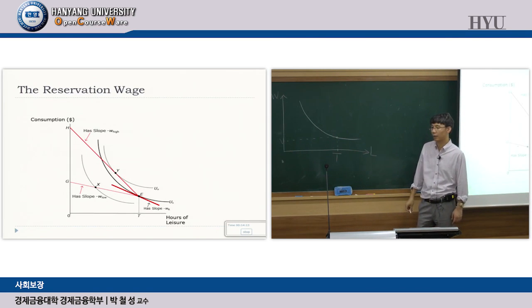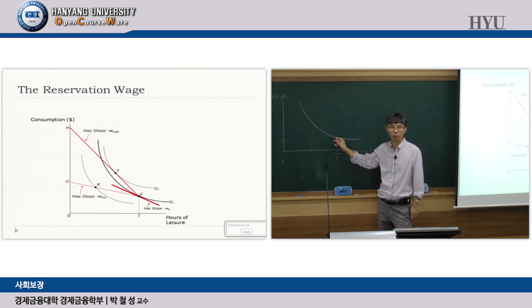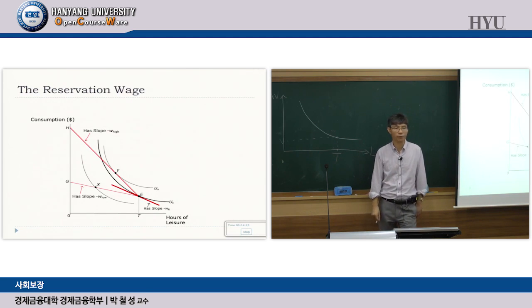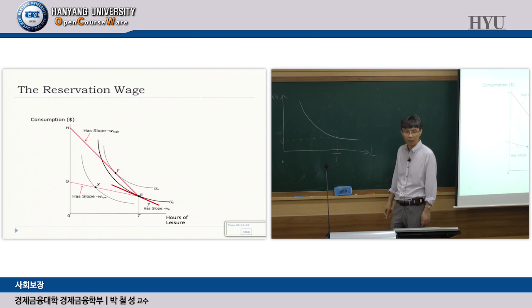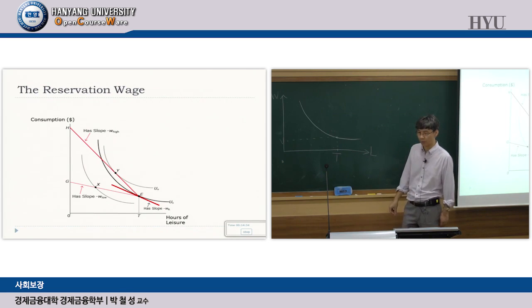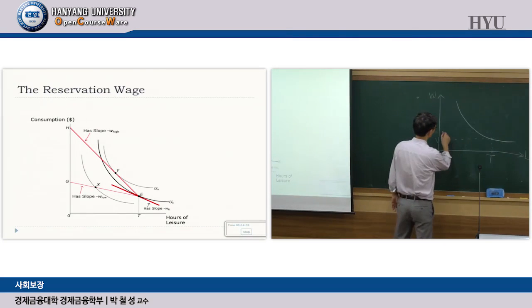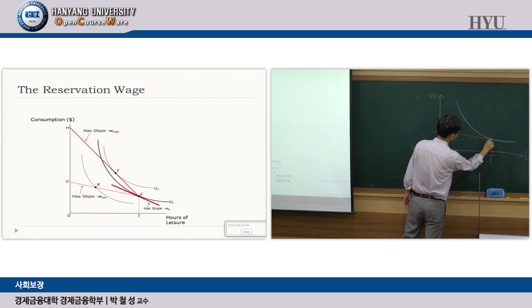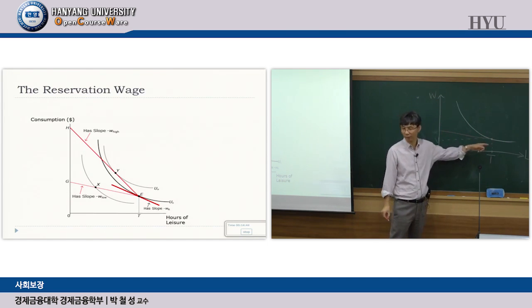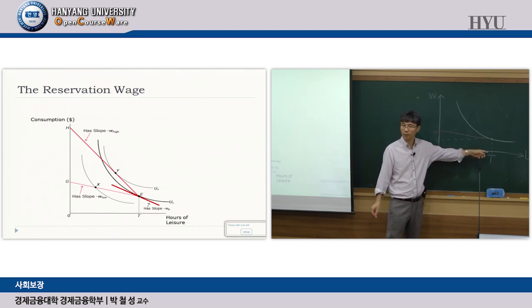Okay, and our task is to make that person work by offering a wage rate. Now if we know how the indifference curve looks, then we can figure out for each wage level whether this person is going to work or not. For example, if I offer that person a wage rate, let's say $2 per hour, very low, then it's likely that the person's budget line is going to look like this red one. Okay? It's very flat because the wage rate is pretty low.